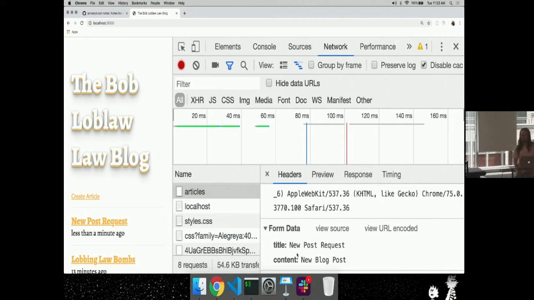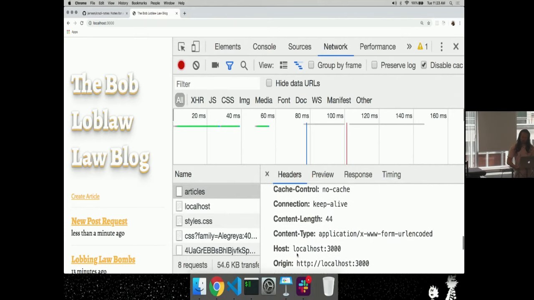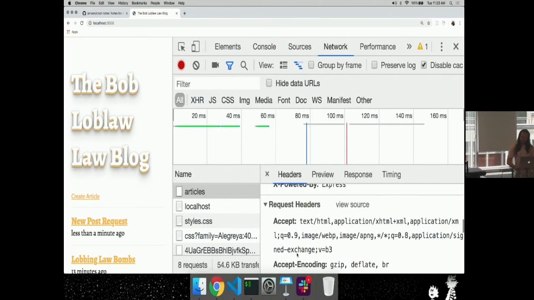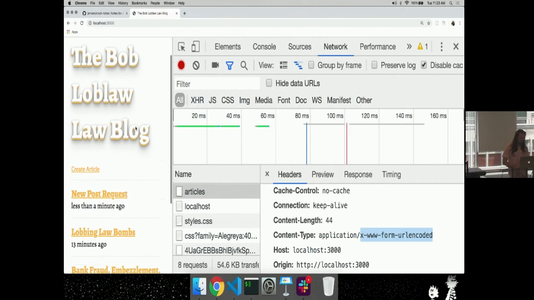Header, where would it say the JSON part? Like if you were passing in JSON? So you have two things. One, the body will contain a JSON string. And two, the request. So this is request headers here. The request headers include a content type of application, and then in the case of JSON, you have to put JSON. But in this case, it's URL encoded, so the server has to be able to handle a URL encoded body.